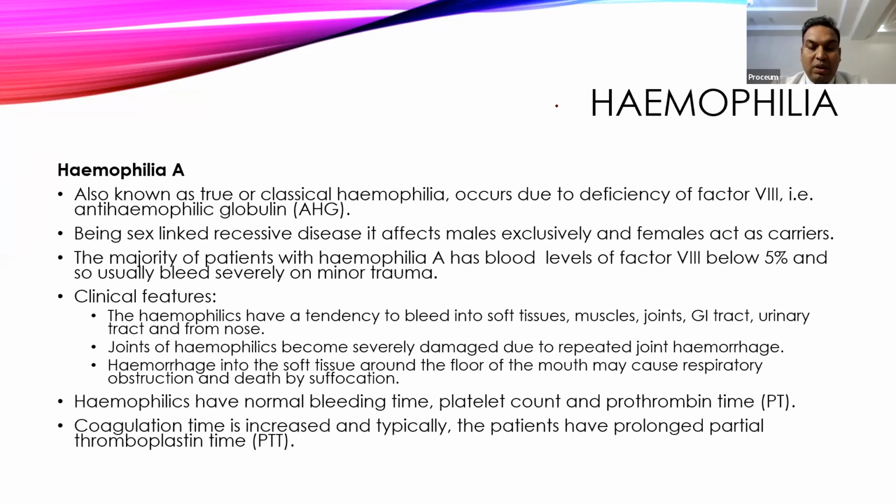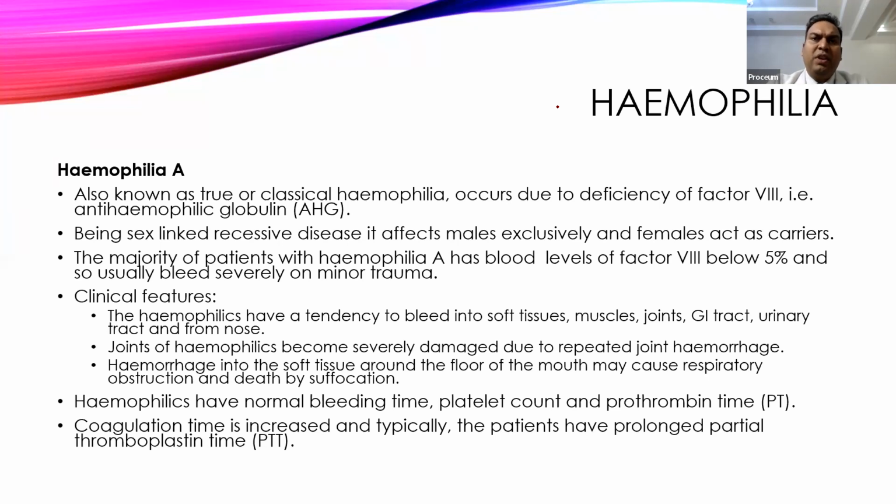Okay, so in this, whenever there is a decreased concentration of factor 8 in an individual, because of absence of the particular gene, it leads to severe bleeding. Even a small trauma will cause severe bleeding, and this is how the patient will show bleeding tendencies, prone to blood loss, and can lead to hemorrhagic shock.